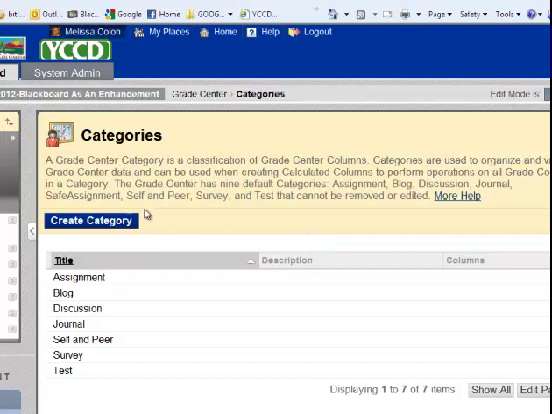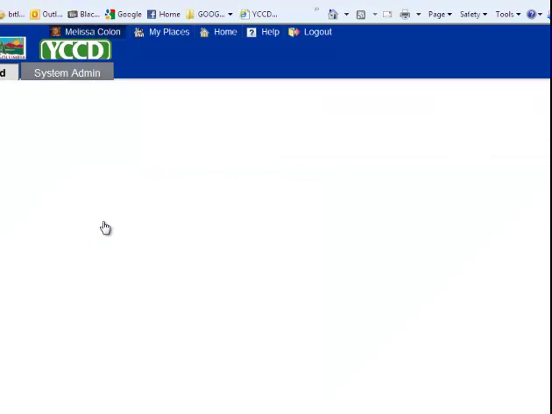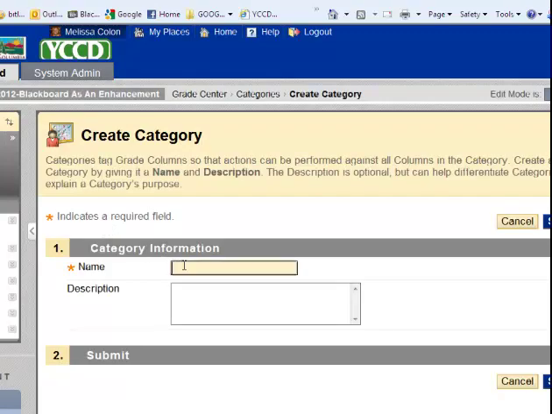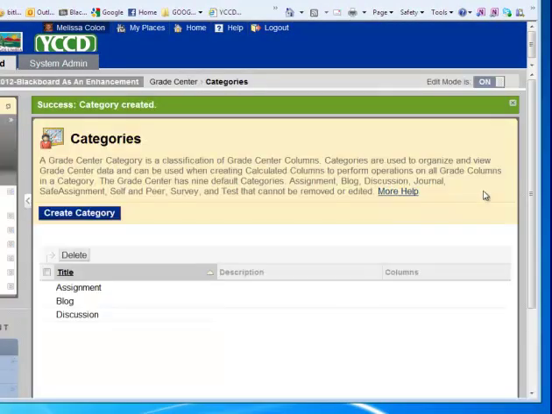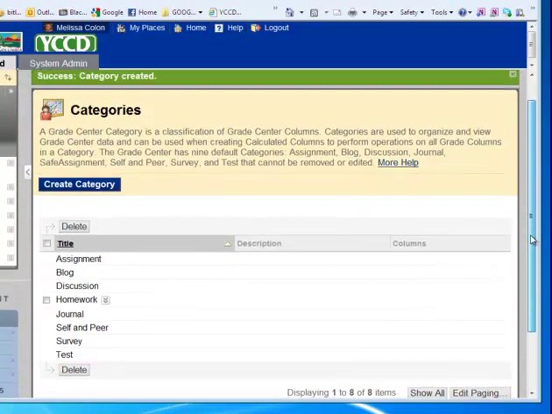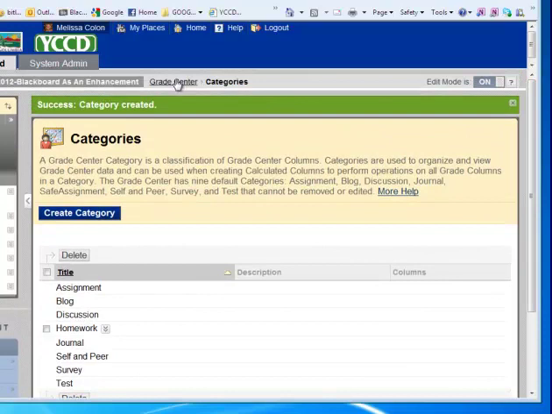So you would come over here and you'd click on Create Category, and you would make a homework category. Now, this might not make sense now, but it will later when I show you how we use it. There you have a new category, and now you can go back to the Grade Center and we can start